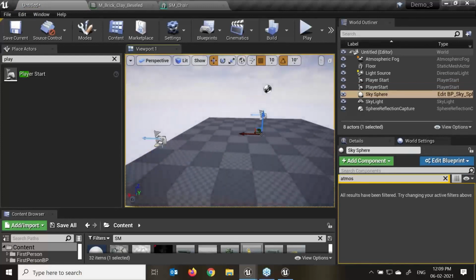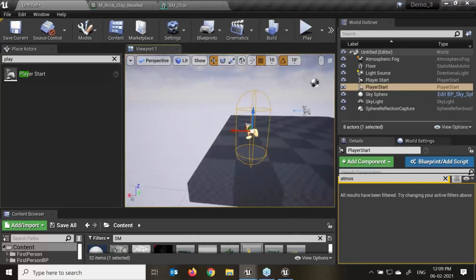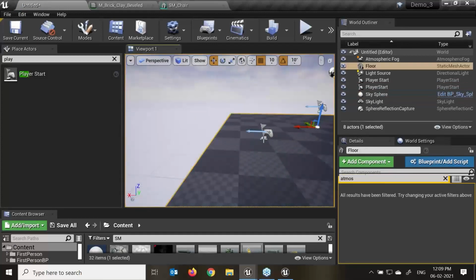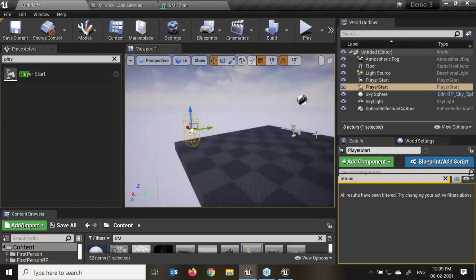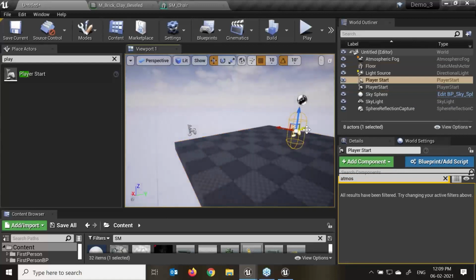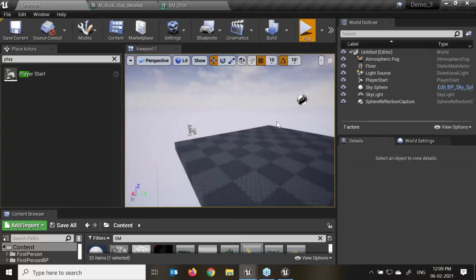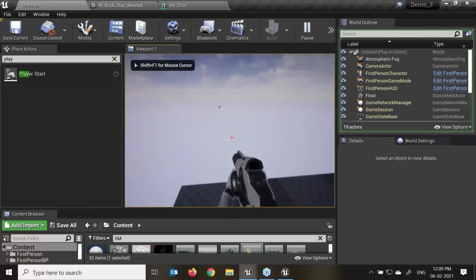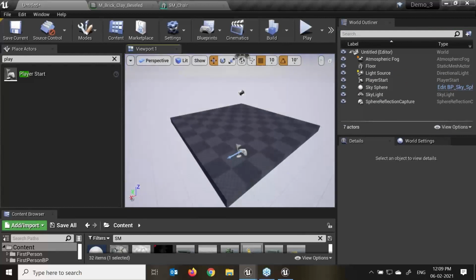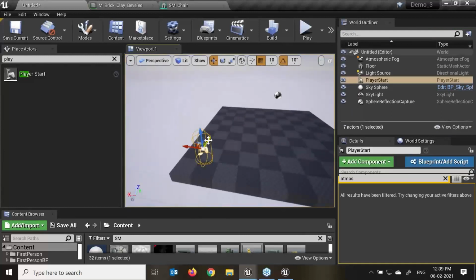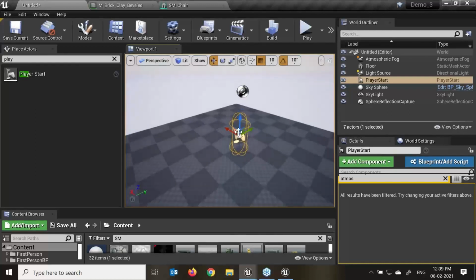If you see after creating that player start, we are able to see that blue arrow. That will be my direction over there. Select this player start and delete. Now if I go and play here, you can see I'm on that particular spot, right? Escape, go zoom. Now if I move over here, this will be my starting position.